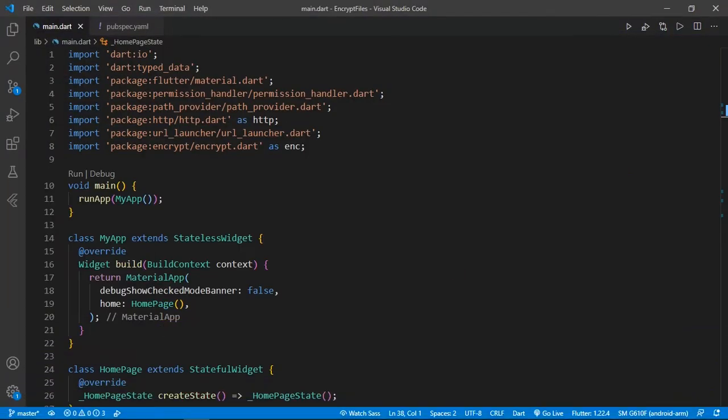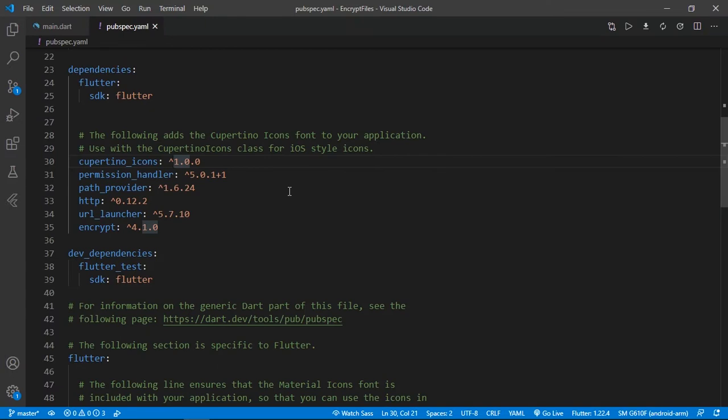Before we start our project, some basic requirements: which dependencies we are going to use in this project. I'm going to open my pubspec.yaml file, and here you can see which dependencies we used in this project, and you have to include these dependencies also.